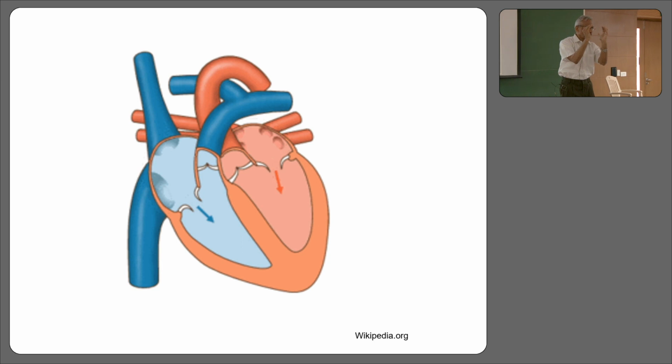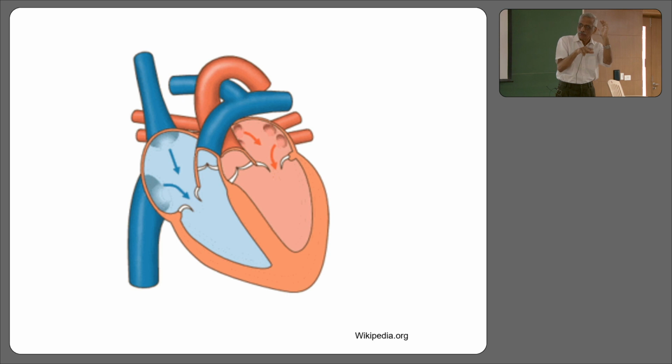Okay. Now, after a very short time, the valves are closing, the ventricles are going into diastole. So, the pressure in the ventricle is dropping. From 120, it is now rapidly going to 110, 100, 90, 80, it has gone below. But the moment it is 80, the valve will close. The moment the valve will close,